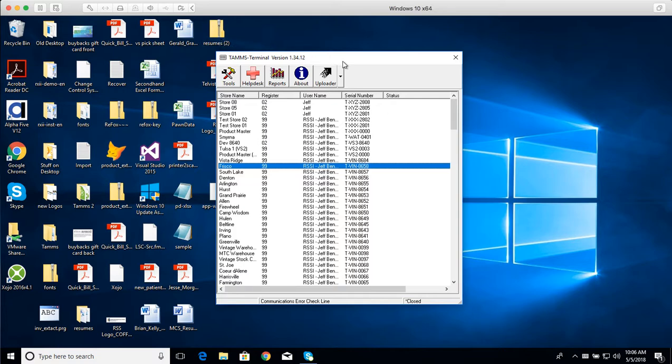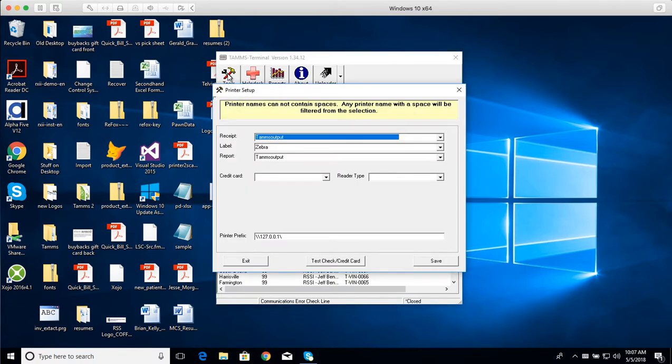So there are many setup areas for you to configure the TAMMS terminal, and we're going to go into this button bar and look at some of these options. So the first one is the Tools menu. The Tools menu allows you to set up your printers that are associated to your instance of TAMMS terminal